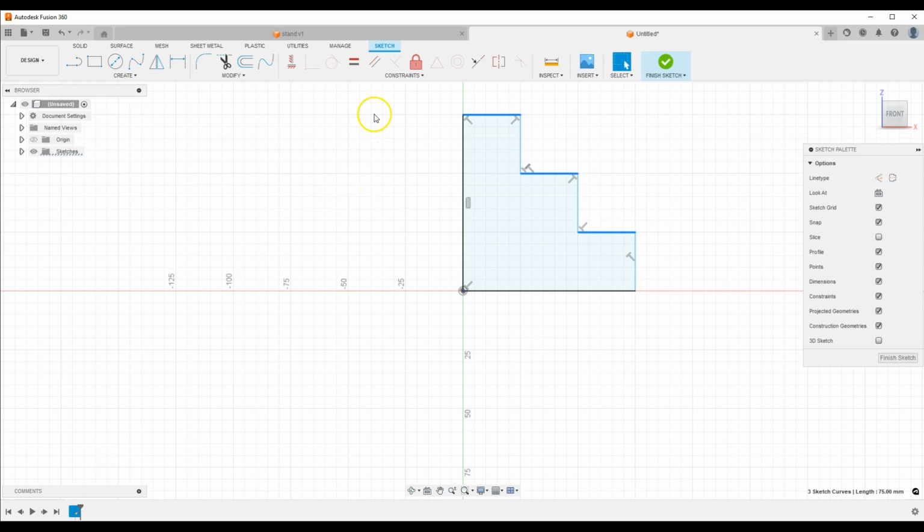and select the equal constraint so that these three lines are equal. And the equal constraint is still active, so select this line and this line, then this line and this line, so that these lines are equal and these lines should also be equal. Press escape to cancel this command, select the sketch dimension command to determine the dimensions of these lines, and first